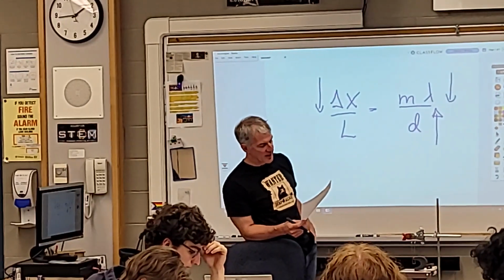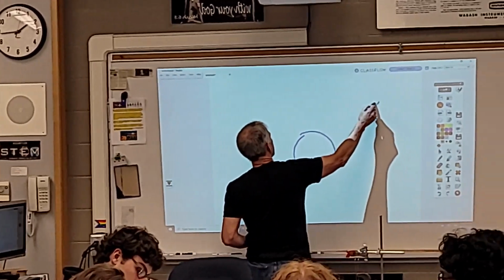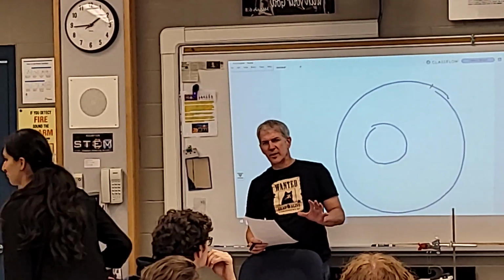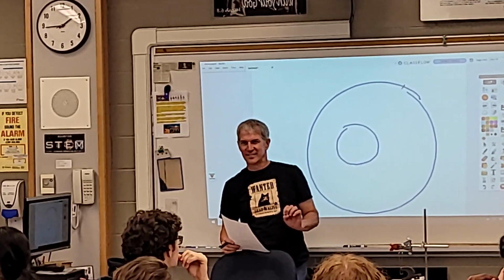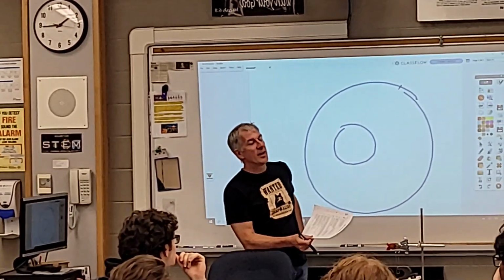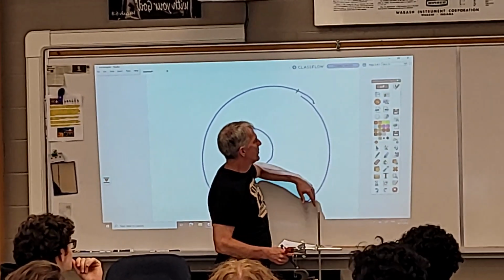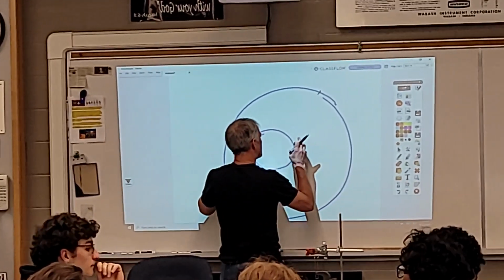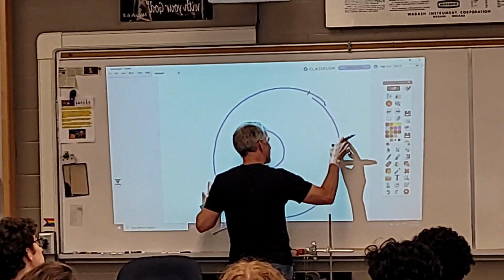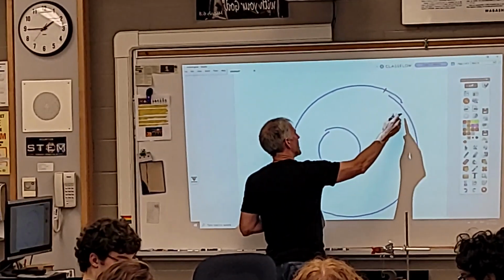GPS satellites have atomic clocks on board. So what happens is you've got the Earth, you've got these satellites that are going around. They're going around pretty fast. I'm telling you now, they're not going near the speed of light. Just in case some people go, oh, they're going so fast, they're going near the speed of light. They don't go the speed of light. They are going fast, and as a result, time dilates and time ticks slower. But they're also further away from the stretching of space and time, the warping of space. It gets less and less, so the time speeds up because of general relativity. Time slows down because of special relativity. You could say there are multiple,